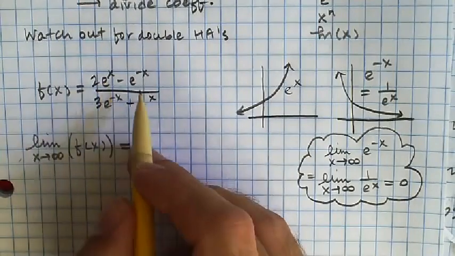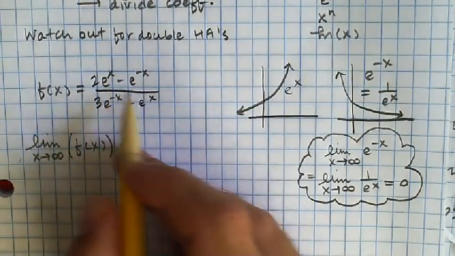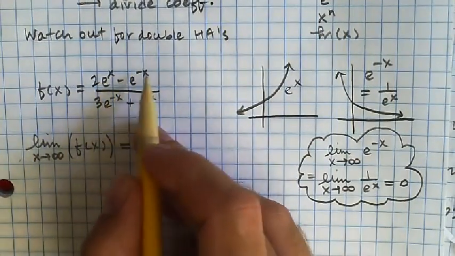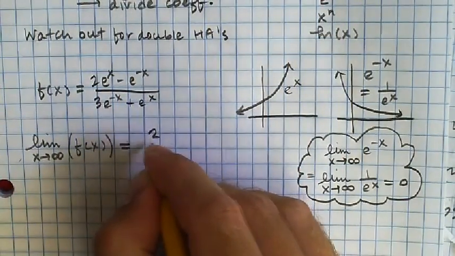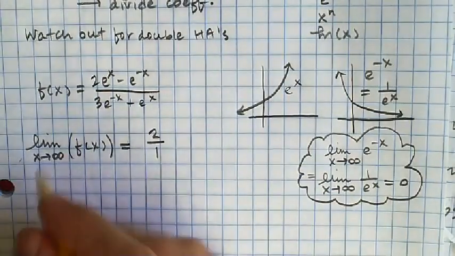Okay, so it's going to 2e to the x over e to the x, which is just 2. That's why we divide coefficients, because these things are basically 0 as we go towards infinity. And so it's going to 2 over 1. Meanwhile,